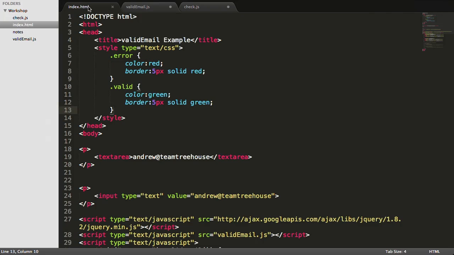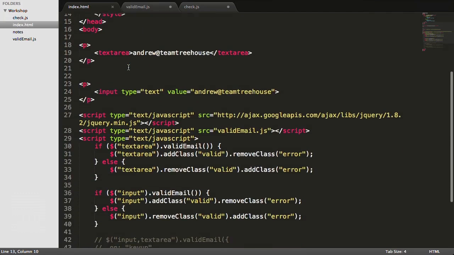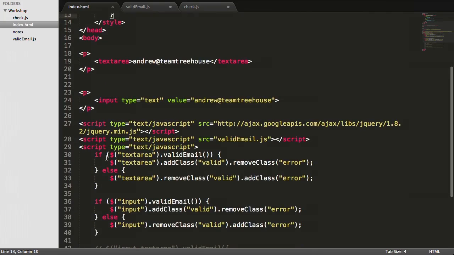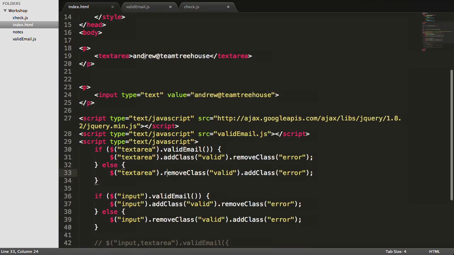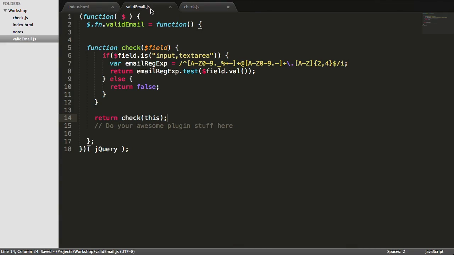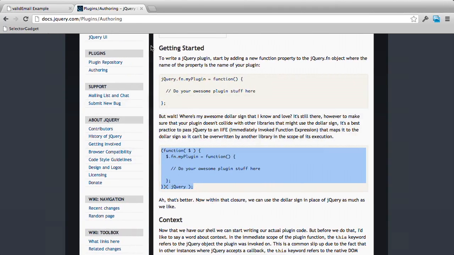So if we take a look at the HTML and the JavaScript that I prepared earlier, we've got two conditional statements here where we select a text area and check whether it's a valid email, and we add the class of valid or remove the class of error. And if it's invalid, we remove the class valid and we add the class error. And the same here for the input. So if it returns true and it's valid, we should get green. So let's save our file there and jump back to our browser